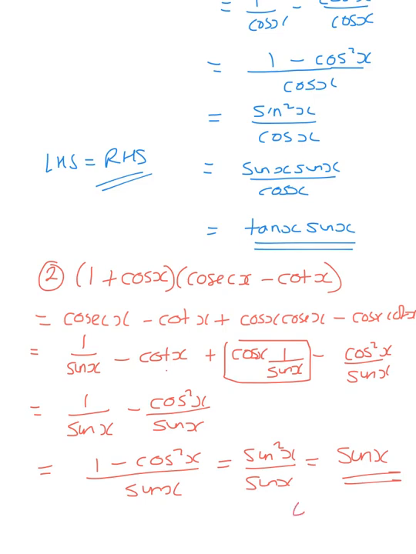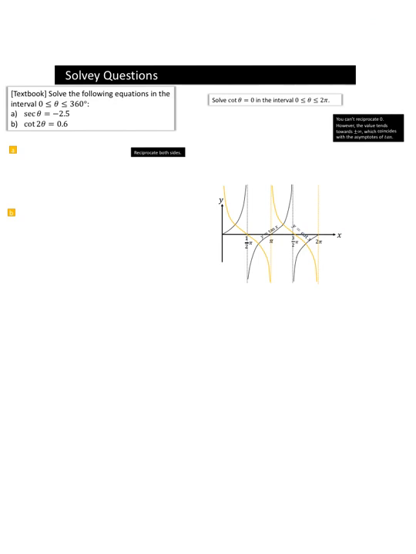Therefore, left-hand side equals right-hand side. Now, in the last few questions, we've been looking at proof-type questions. So here are some examples of our solve-type questions. If you look at the first one, we're solving these for theta in the range between 0 and 360. So if we take sec theta, the first one we have is sec theta